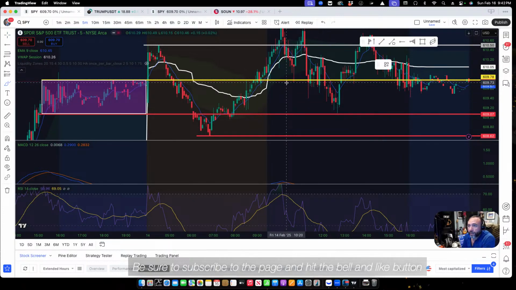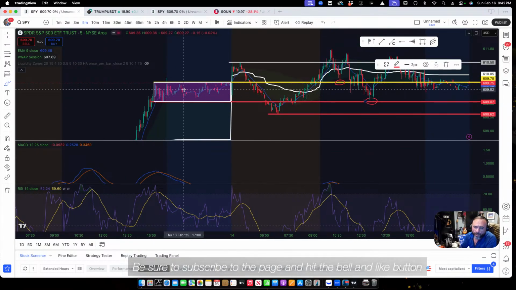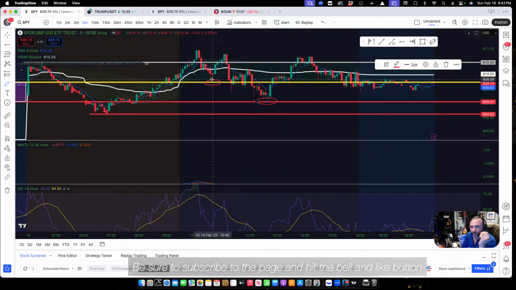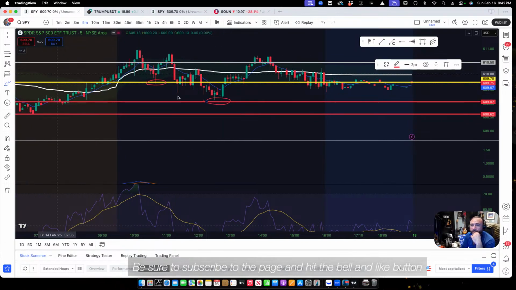So you got this test off of the high of the day before, and you got this test off of the low of this structure right here that we found. So it's nice to identify some structures, especially at the end of the day, get those highs, and if it consolidates there and the market closes, that's a pretty good area to mark. So this was great, even if you didn't take it out of the gate, and a lot of people don't like it, and I get it, it's good to let the market settle 15 minutes. Even if you didn't take it out,